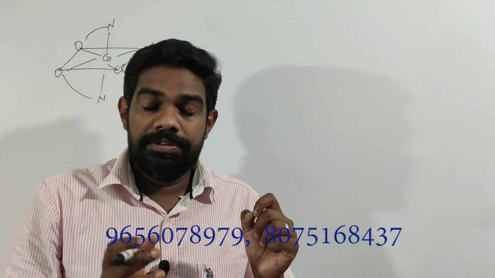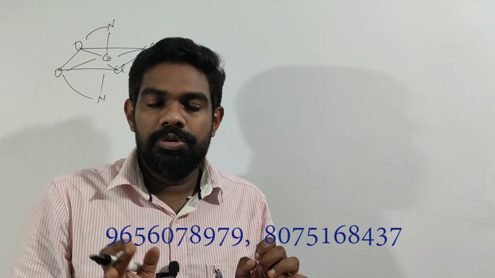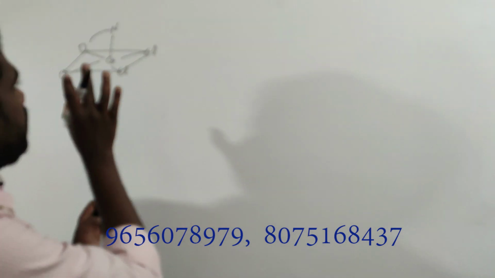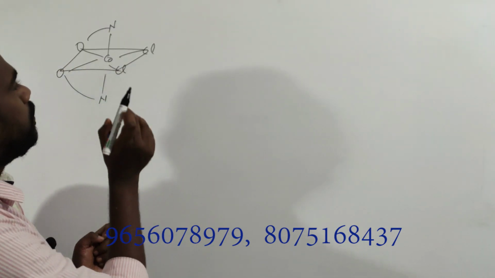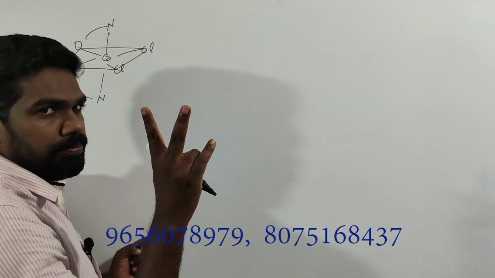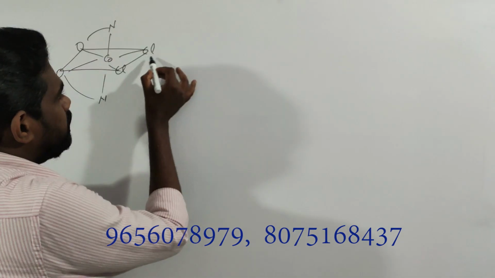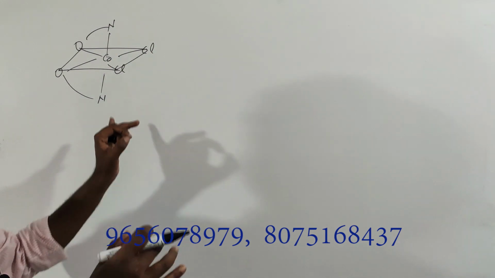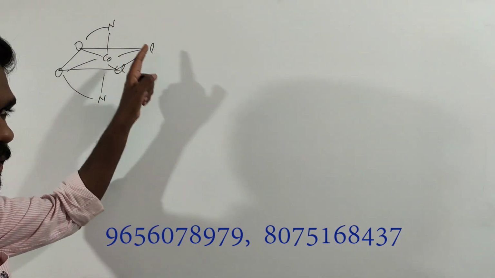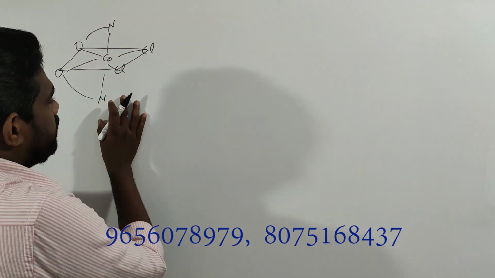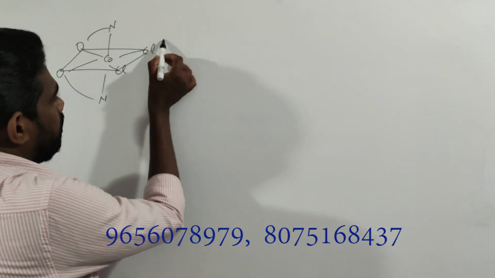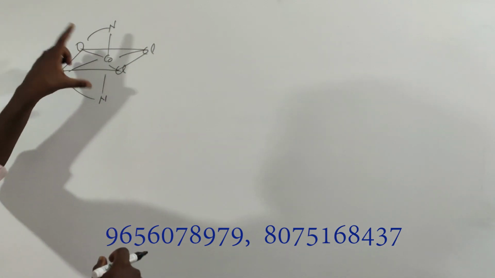To find the optically active isomers, we should have a good idea about the geometrical isomers. So first we should think about the geometrical isomers. What are the geometrical isomers possible for this molecule? To find that, we have two possibilities. One is this one. Based on this chlorine, we are classifying cis and trans condition. So this chlorine is cis to each other. If we are placing the chlorine as such, what are the other possibilities?